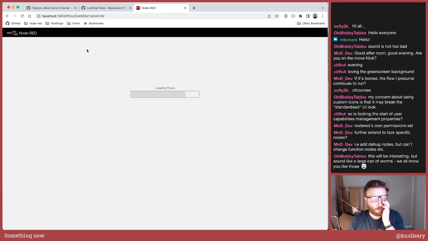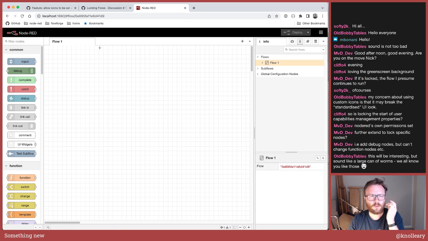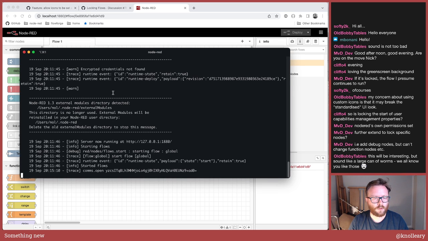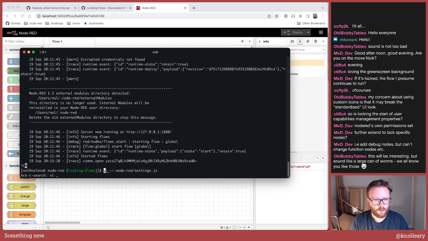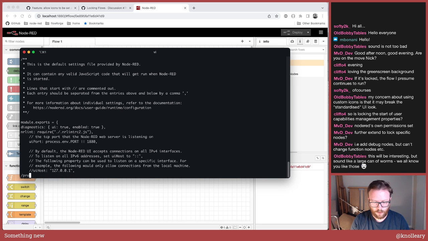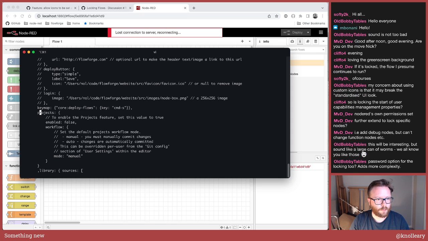hopefully by now we have a Node-RED locally. Oh, but with no... curious. Why have I not got any tabs? What? Well, I know why. Because I turned off projects mode when I was just testing something out the other day. So I'm going to turn